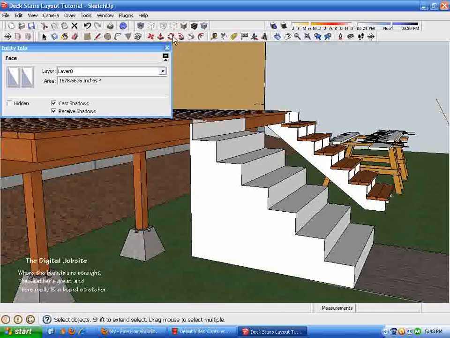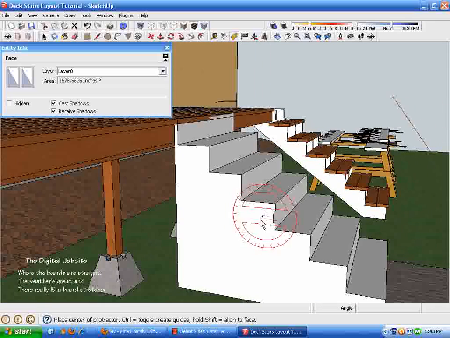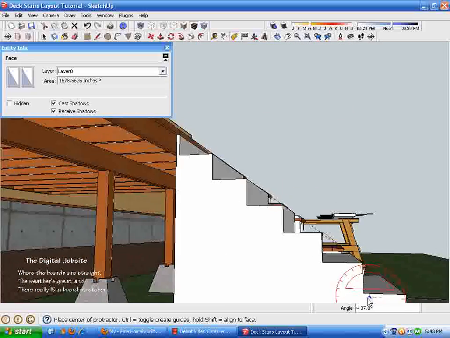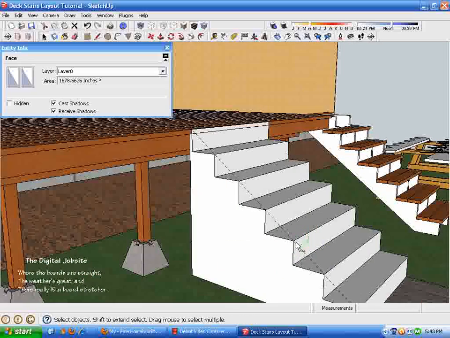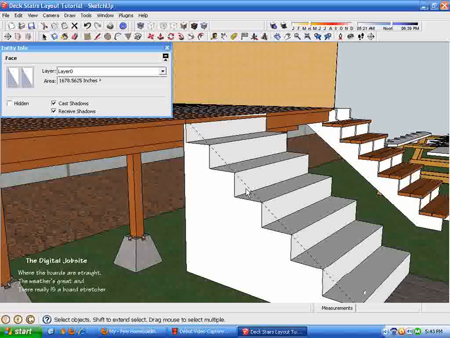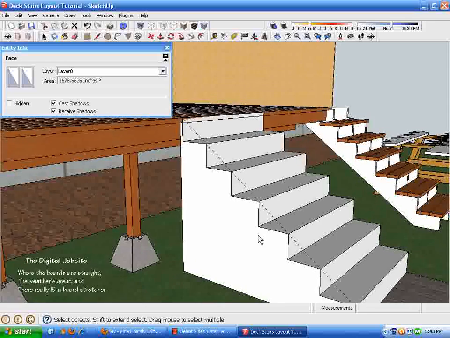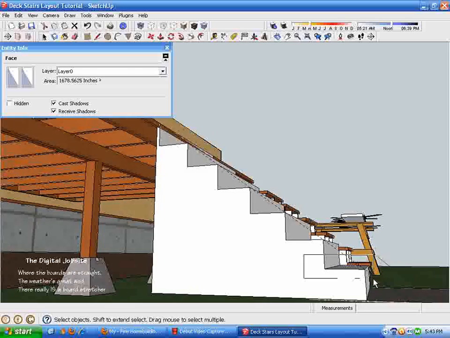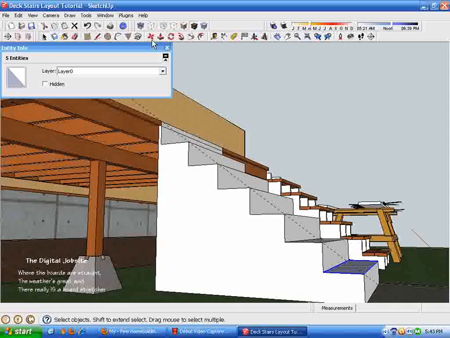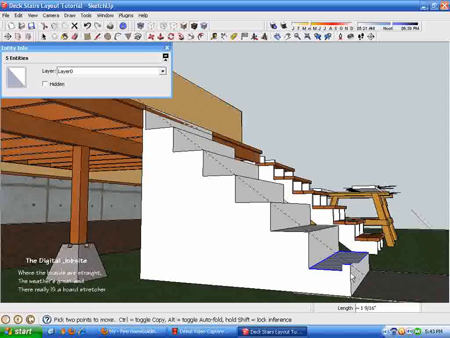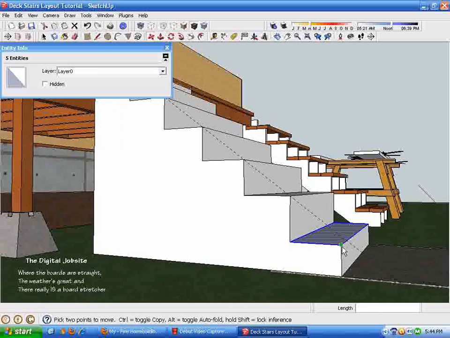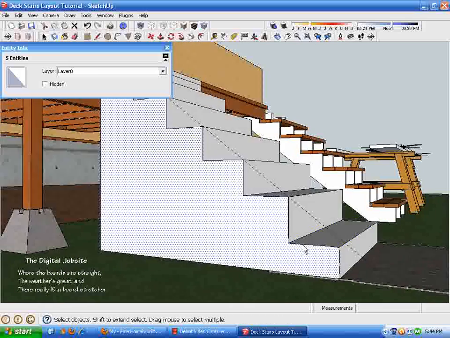And if we put a protractor line tool across the line of nosing, all the nosings are in a line and they're also coplanar, which is the purpose of doing the stair calculation, so that the stairs are all the same height. If any individual step is off for whatever reason, if the layout process goes wrong and you get one step that's too high or too low in relation to the others,